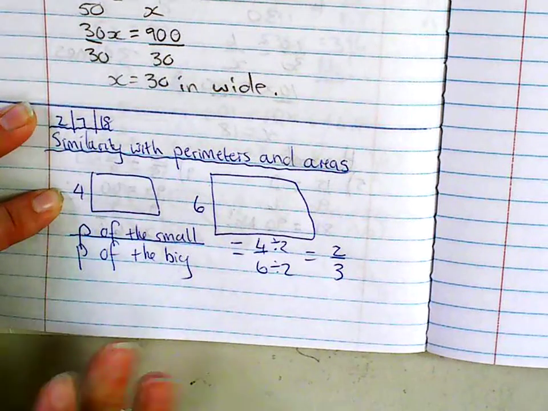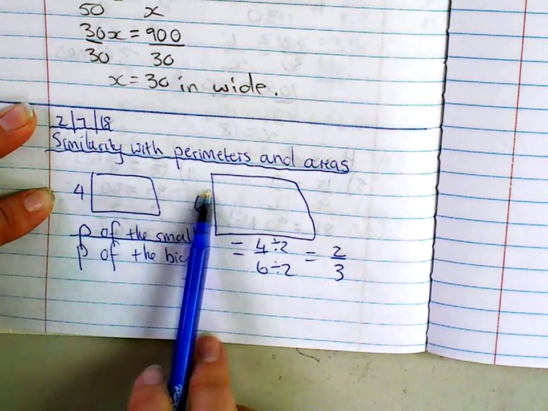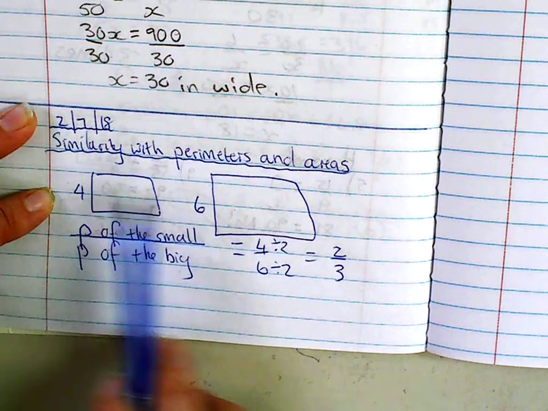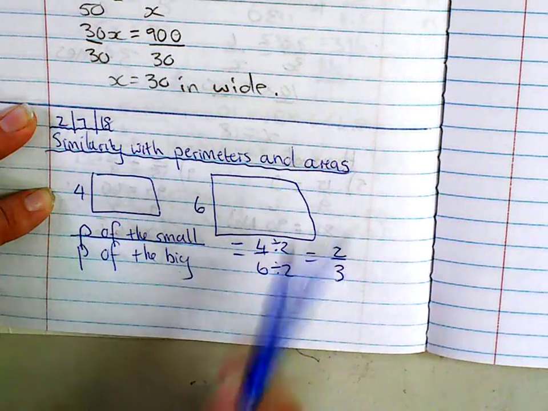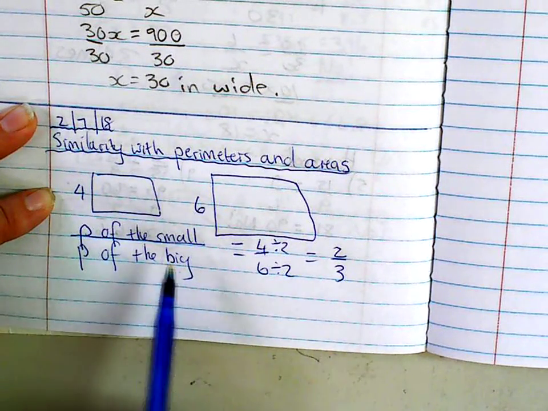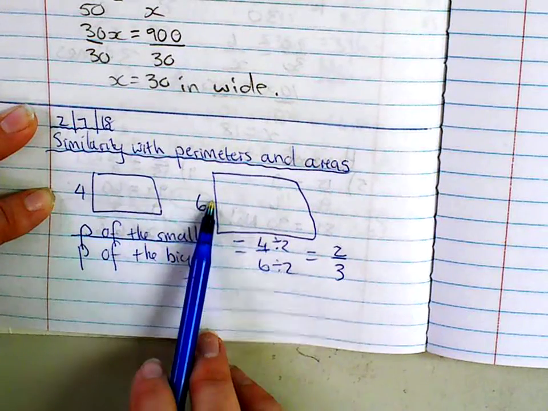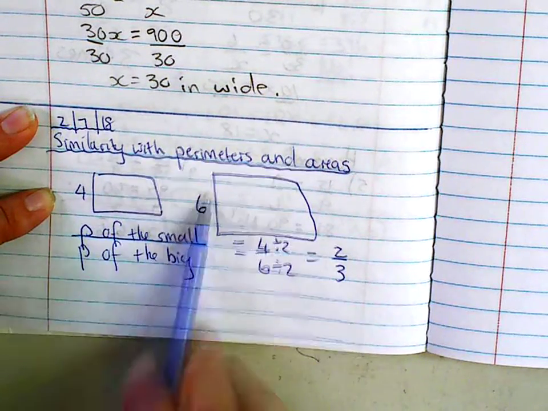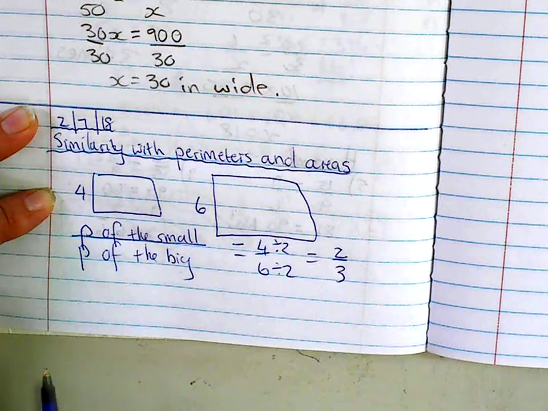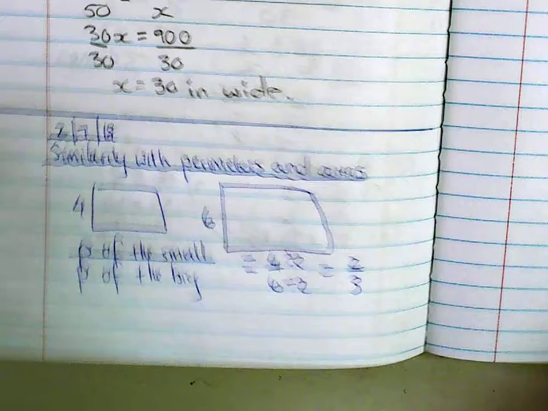I'm going to say this one more time. You can take any two sides that you have that correspond and you can create a ratio for the perimeter. For every 4 there is here, there is 6 over there, which is the same as 2 over here and 3 over there. Nothing weird with perimeter. However,